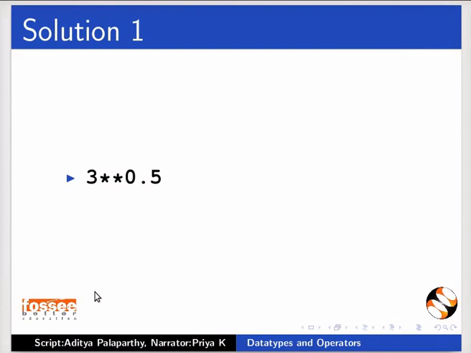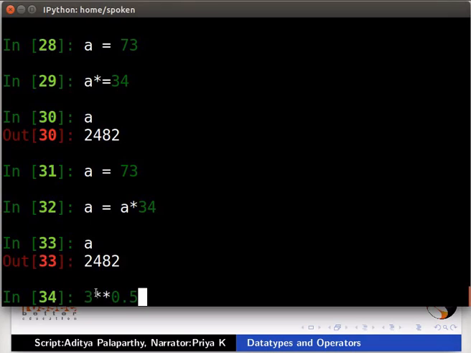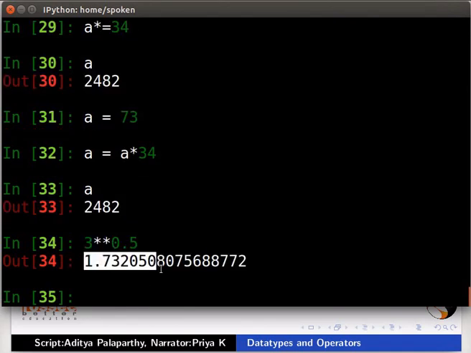Pause the video. Try this exercise and then resume the video. Will you get the same value for the below expressions? Switch to the terminal for the solution. Type 3 asterisk asterisk 0.5. This operation gives a float.